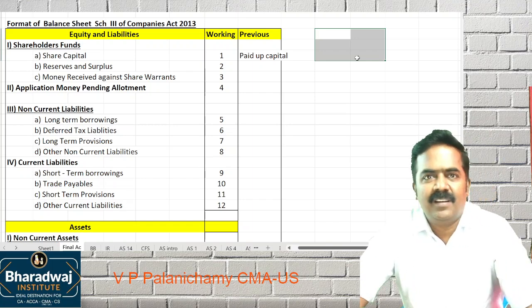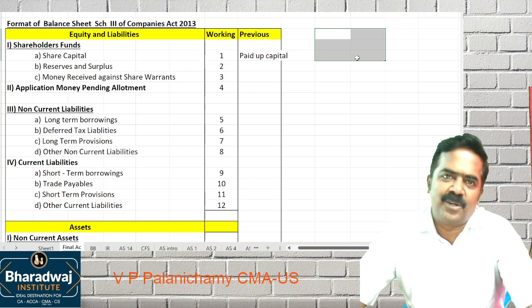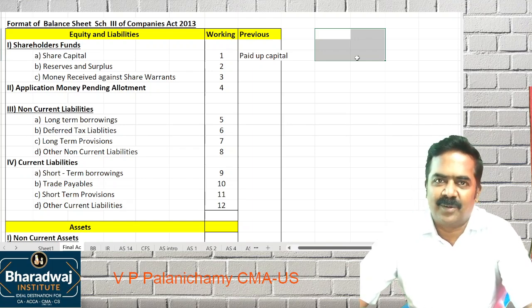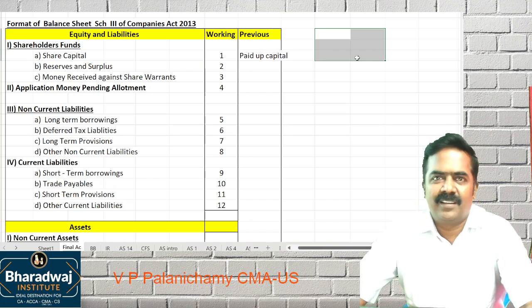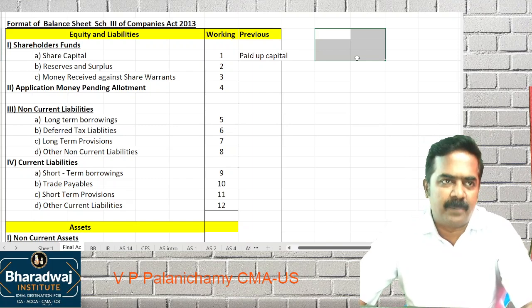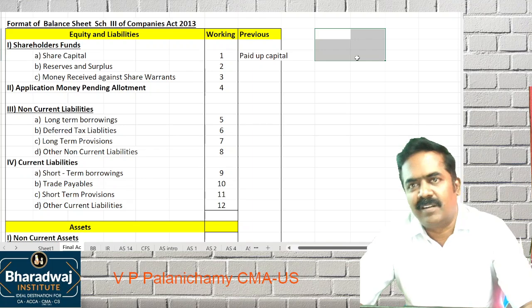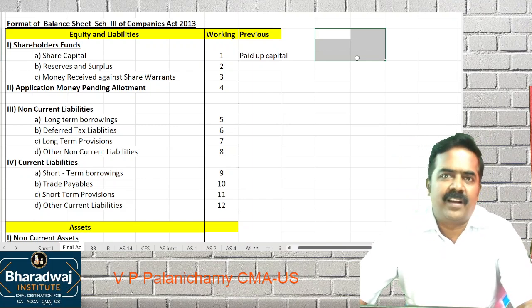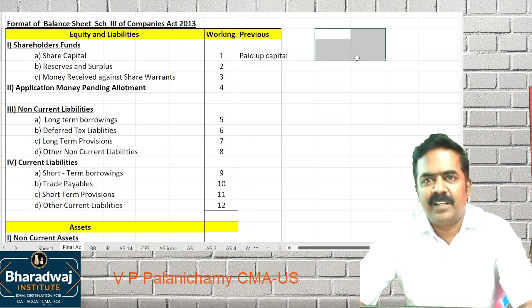Number one. Number two, the revisions are add-ons to your regular classes. In regular classes, you have learned so many things. The revisions are more like we are going to solve additional questions, practical questions, because the accountancy paper is a problem-oriented paper. If you look at it, 70% is problem oriented, 30% is theoretical. Accounting standard is where you write the theory and explanation. The remaining chapters are problem oriented.